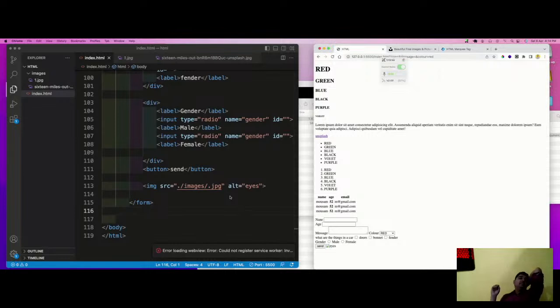because websites do not contain a single image. They contain so many images: small, medium, large, extra large. So in a real scenario, when you are using this, always put alt. This alt will help you identify which image is not loaded and what kind of problem is coming while loading the image. So here comes to an end of HTML. Now let us have a break of 2 minutes, and then we will start with CSS.